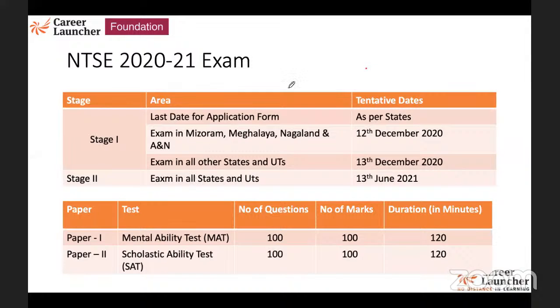let's say just in case the exam does get postponed for whatever reasons in the world, it could be COVID, it could be a number of other reasons, I will have extra time to prepare. But if I start thinking that it'll get postponed and I don't prepare enough for this, chances are that unfortunately for you, if the exam does happen on 13th of December, you will be half prepared.